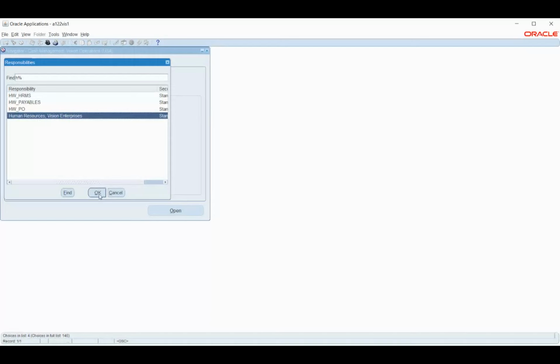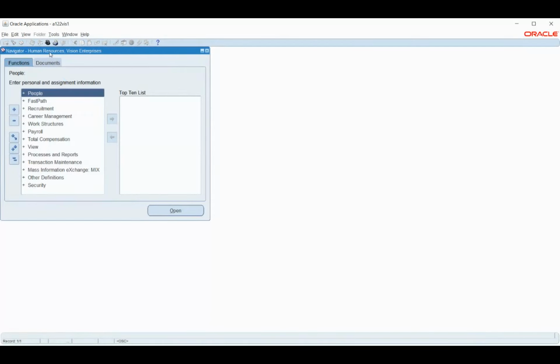Okay, so the reason why I'm navigating to human resource but not the responsibility that we created is that we don't have the privilege to create the bank account. So that is the reason I created the bank account with Vision Corporation. Okay, since the business group or the operating unit is different, we'll not be able to fetch the bank account that we created in our responsibility. Okay, so that is the reason I'm navigating here. So this part I'll show from here, that is the common responsibility, human resource.